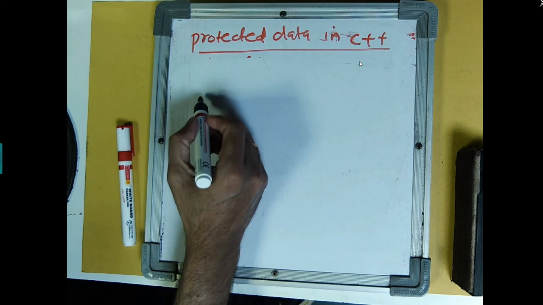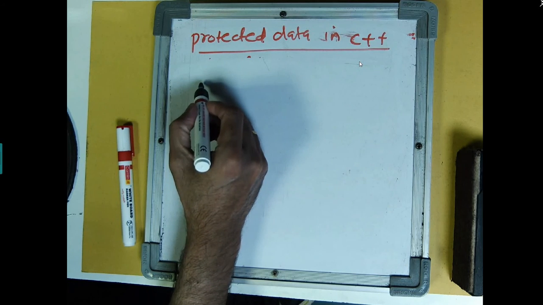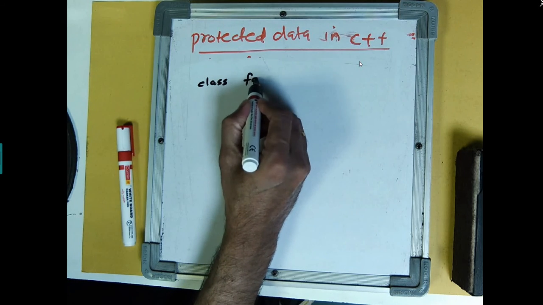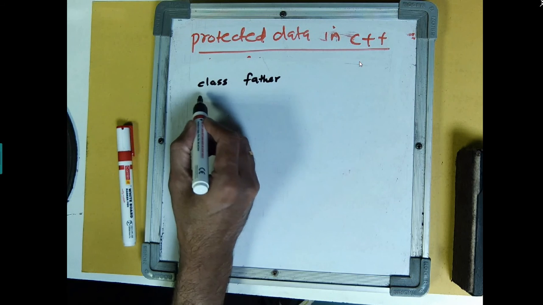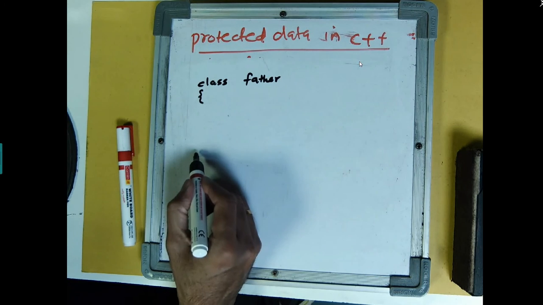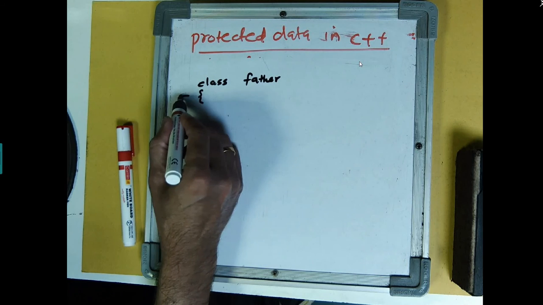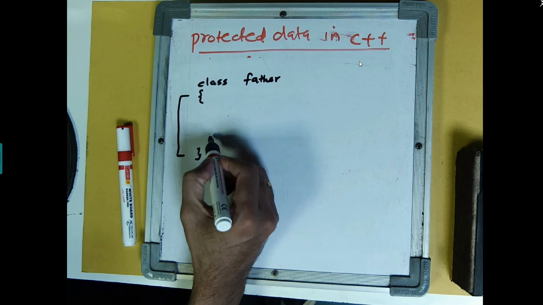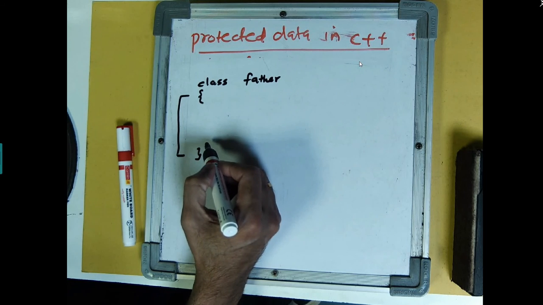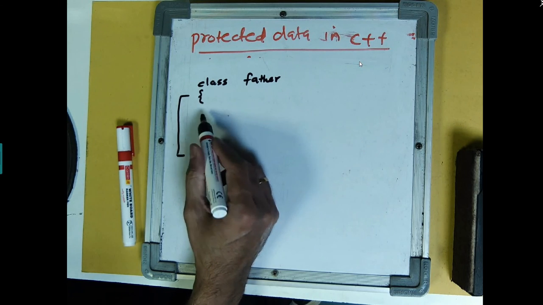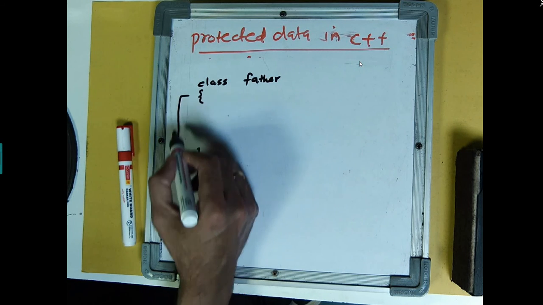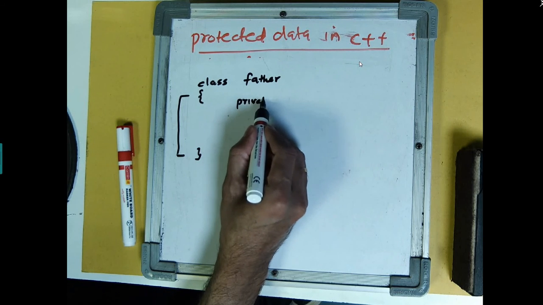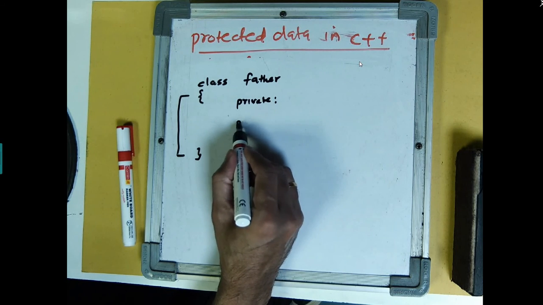We always discuss that a C++ program begins with a class. Let's say I have a class called father, and whatever you write within it, all variables or member functions, everything is available within this class, within these two braces. So far we discussed private and also public